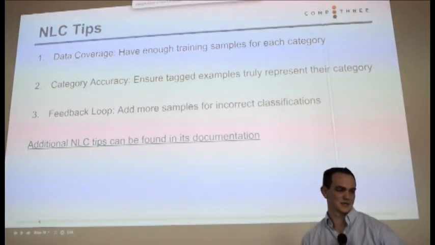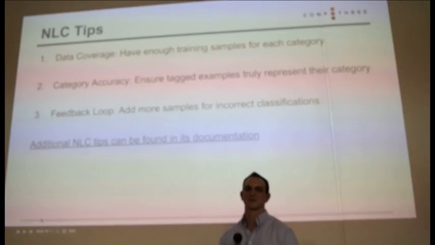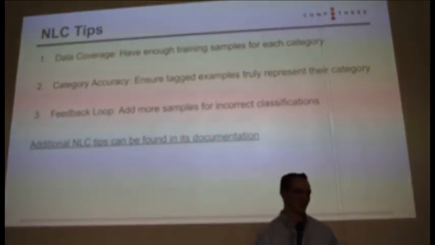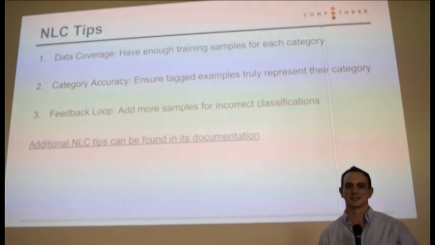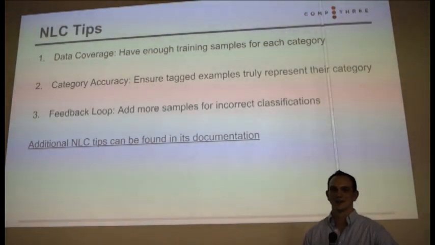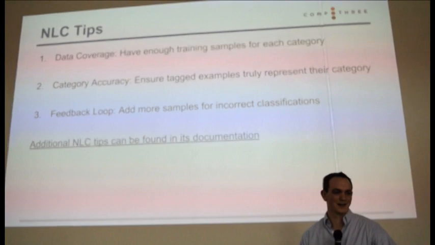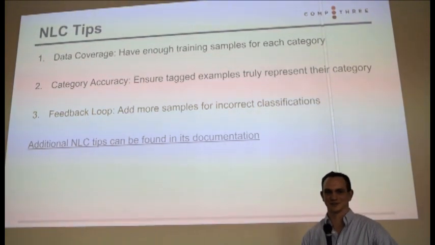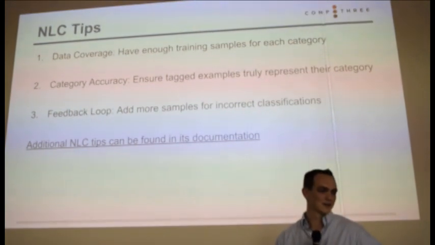So here are some tips, and part of the reason why a lot of things in my current app get classified as low importance. But basically, data coverage is one. If you have 10 training samples and that's all you have, your classifier doesn't have much to go on. So don't be surprised if you give 10 data points and it does a terrible job classifying things. You want to make sure you have hundreds, thousands are obviously better, depending on how much data you can generate and tag.